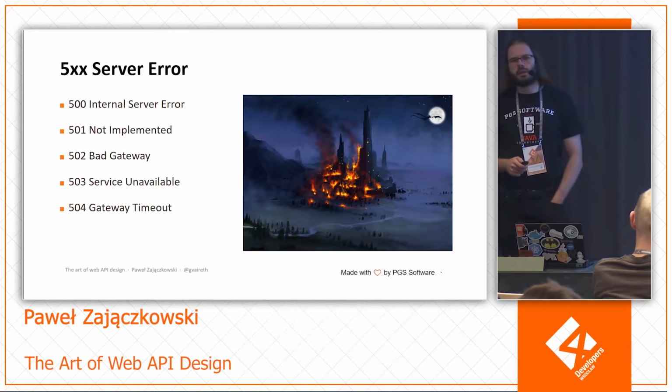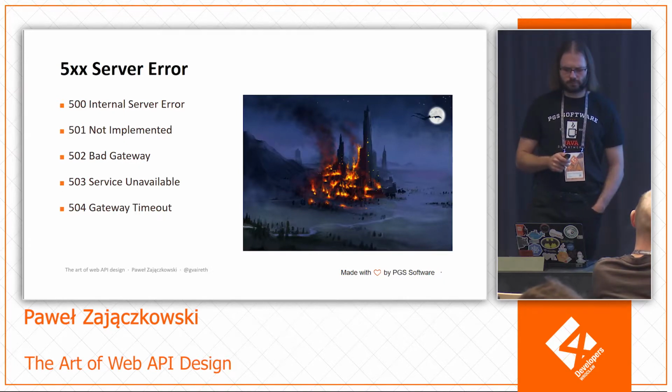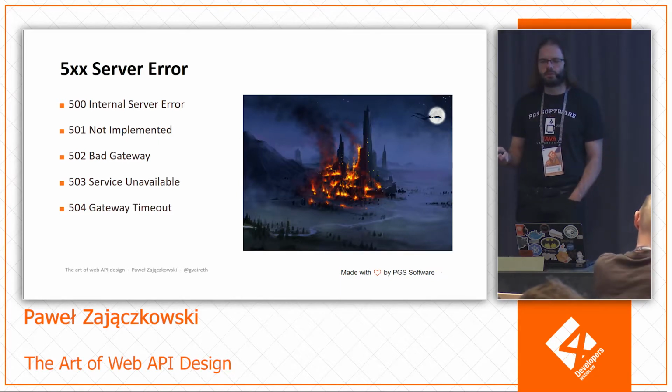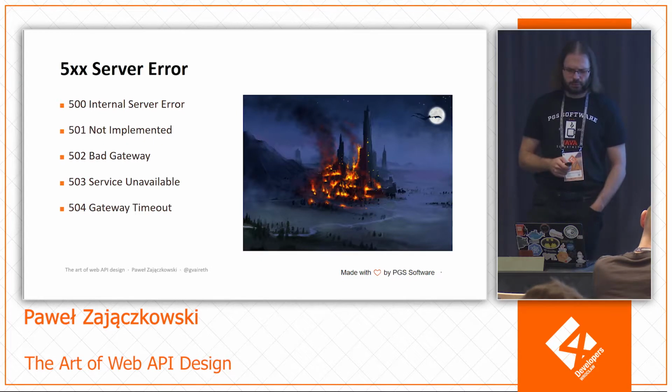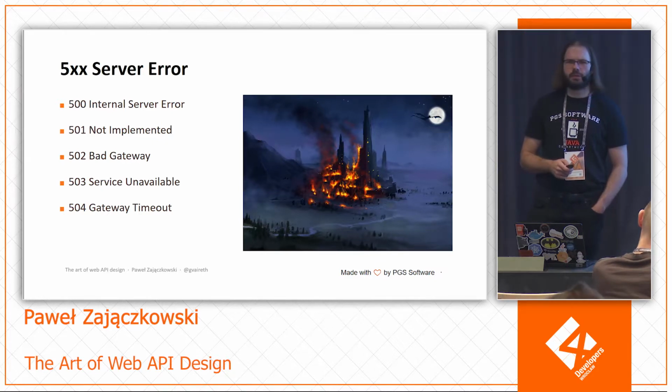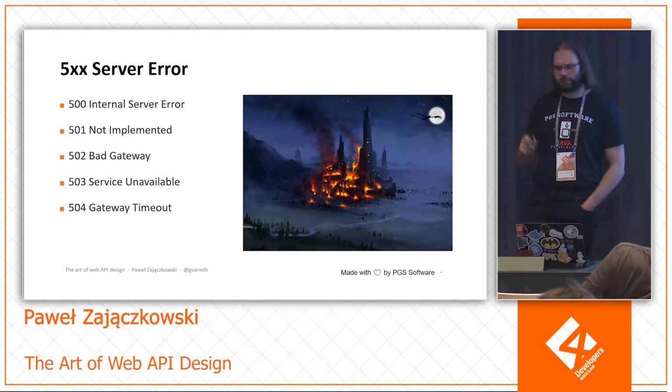But bad gateway and gateway timeout are kind of similar in a way that this is saying that when acting as a gateway, we got an error, and it's okay if you have internal APIs, but in an external API, I don't really care about what happened in internal services. I just want to get a result and proper code. So it's not really advised in external APIs. And service unavailable. That's basically a way of saying that we have maintenance and everything will be okay, come back later.